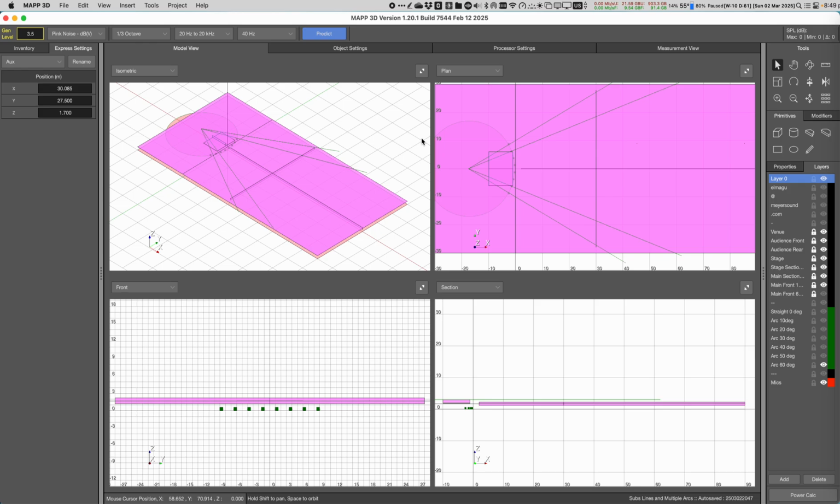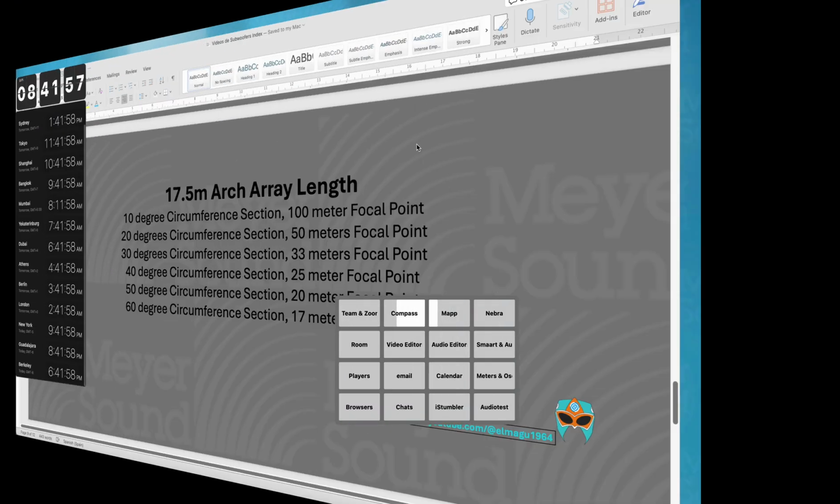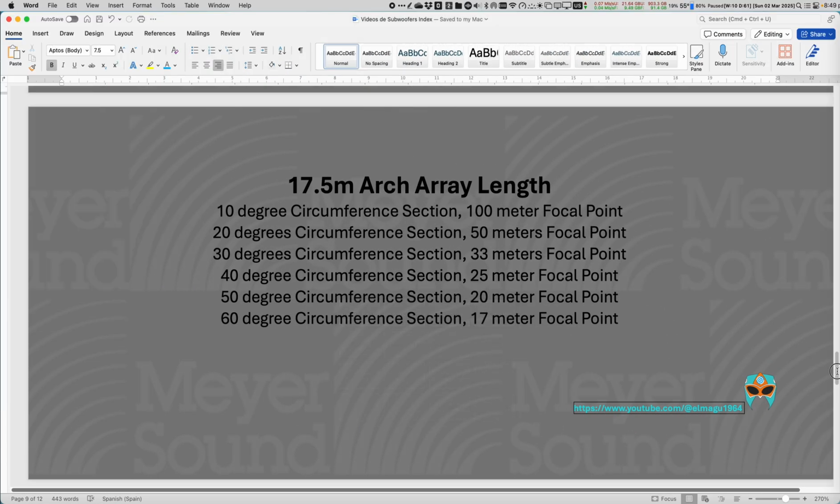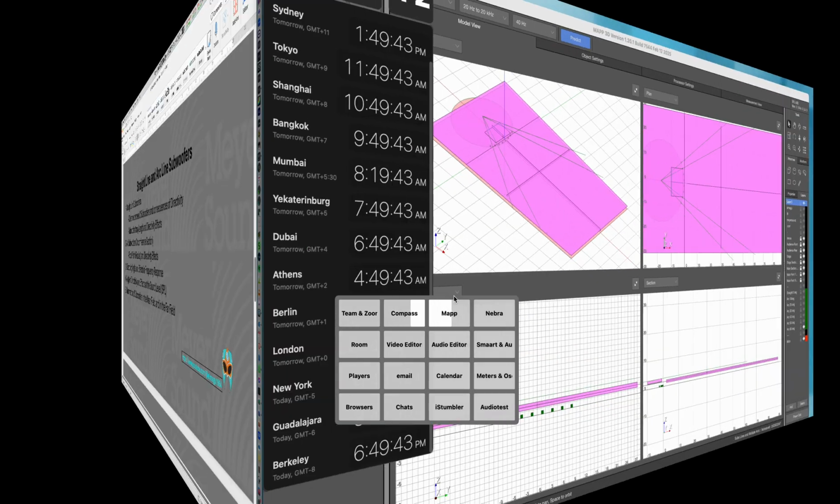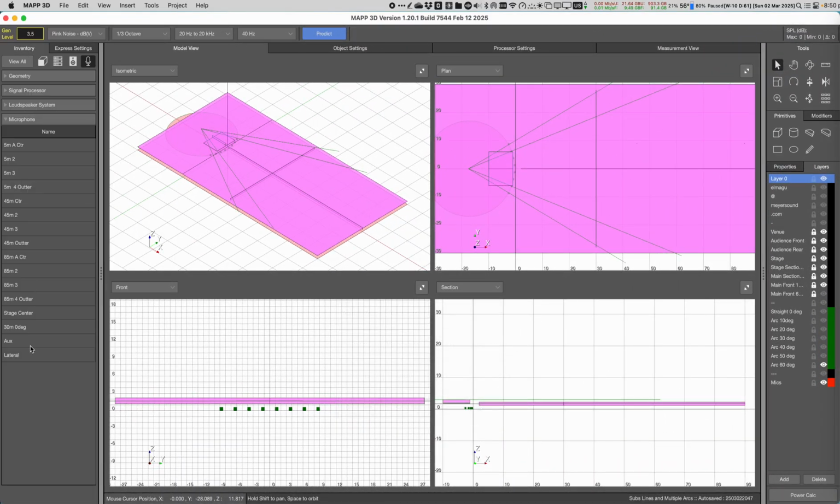So now if we come back here and see our index, we can learn that everything about the sections of circumference and the focal point is being explained. And let's go to understand what happens with the frequency response according to the directional angle. Okay, so let me go back here, select a microphone around this guy, the 30 meters, and select the system